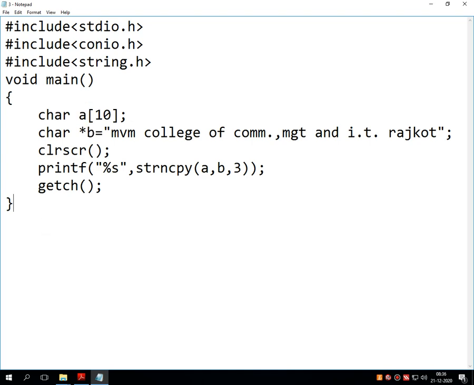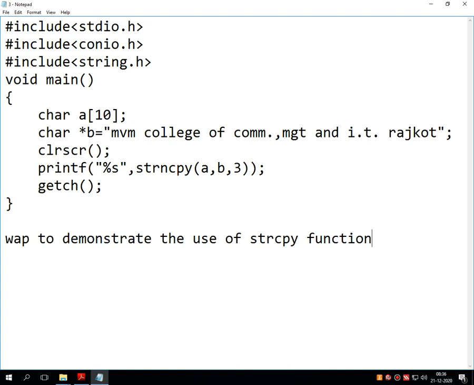So please note down the two definitions which we have recently done. Definition number 1: write a program to demonstrate the use of strcpy function. Definition number 2: write a program to demonstrate the use of strncpy function.